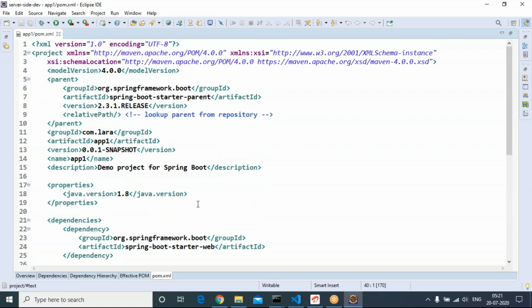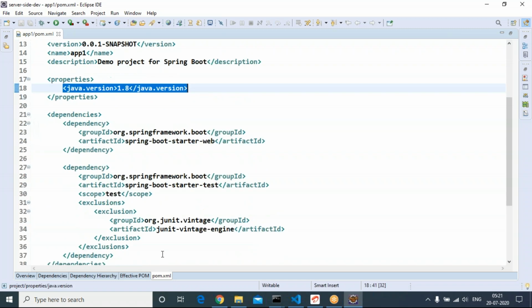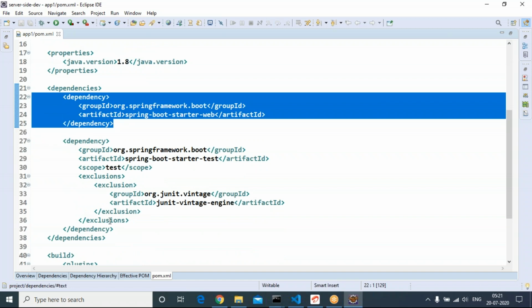So in the pom.xml, totally three things you have to consider. One is, what is the Spring Boot version? The second one, what is the Java version? The third one, what are the dependencies you have chosen? We chose only one dependency. If you want one more dependency, you can add the dependency information here, or you can select that new dependency while creating a project in the Spring Initializer. You'll come to know a variety of ways down the line.